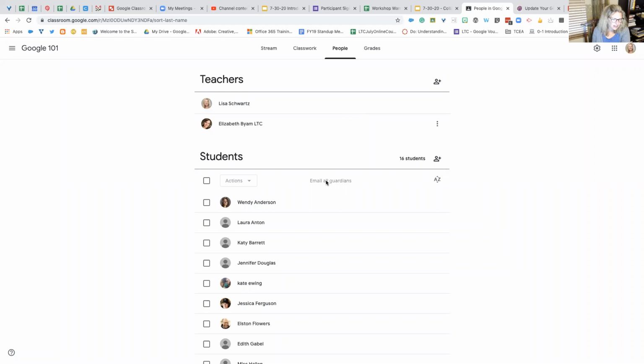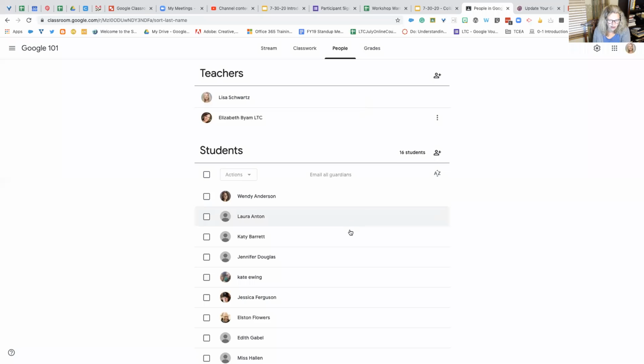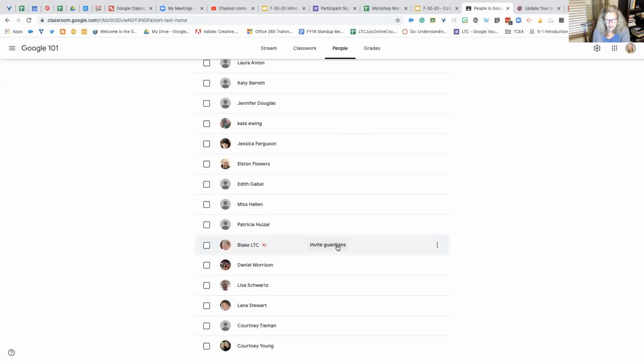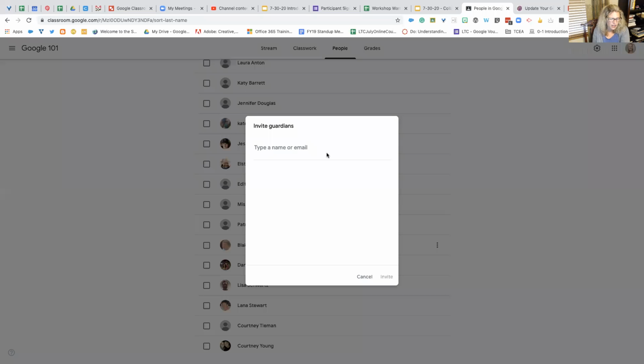So I see that you're talking about the email guardians. Now, when you invite guardians here, you do have to type in their name or email address, and they have to accept the invitation. What I've noticed here